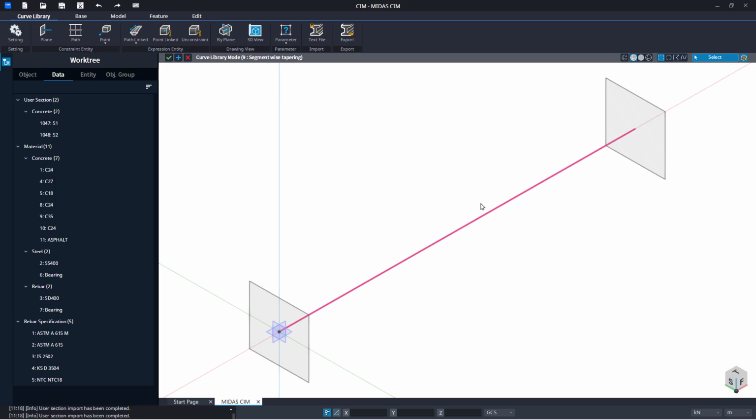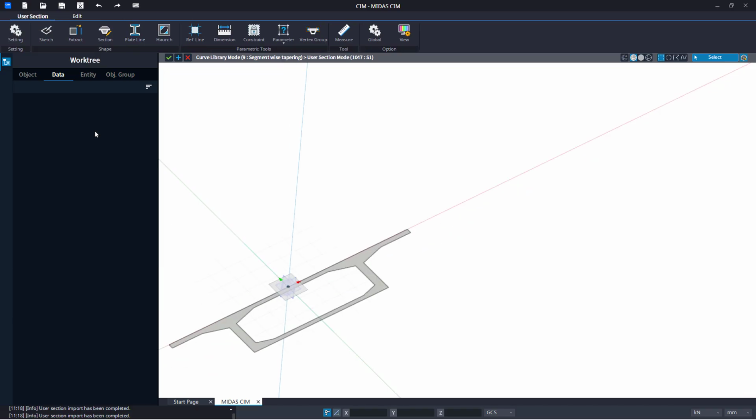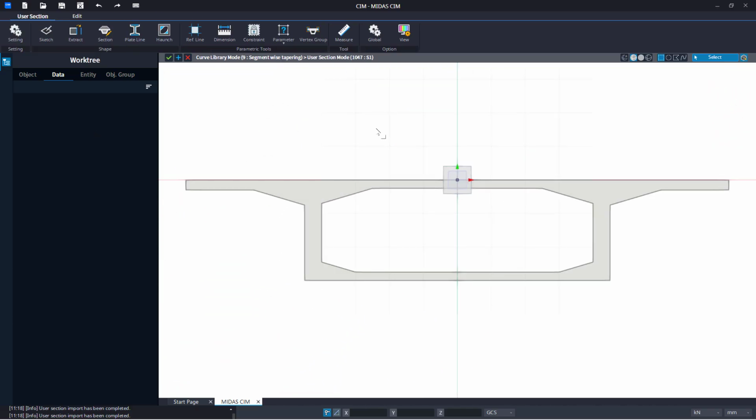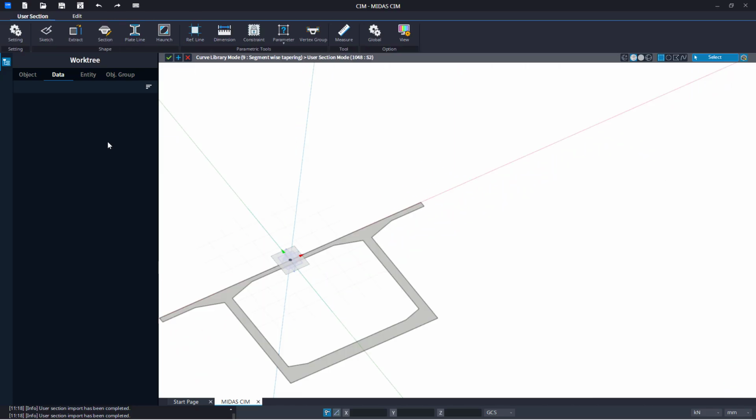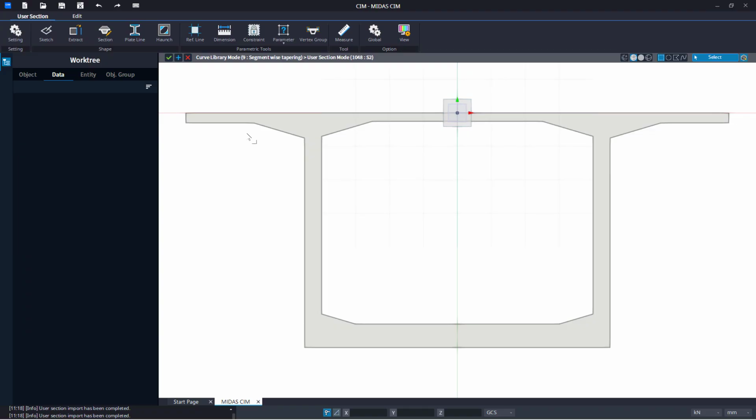In this video, we will see how we can perform modeling for the segment-wise tapering of a particular tapered member. For that example, we have two cross sections. If you go to Modify, you will see the PSC box section at the start of the PSC box girder tapered member, and at the end of that tapered member, we have this type of